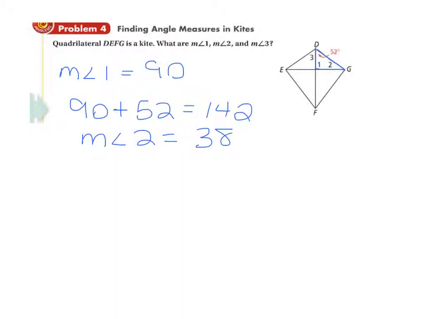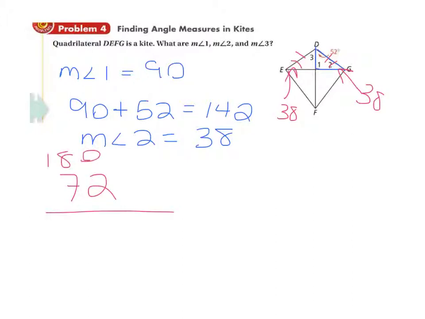Okay, so now we've got that. So we've got this is 38. Now one other thing you need to think about is if this is a kite, this is congruent to this. That means this angle is congruent to this angle. Okay, so if that angle is 38 and this angle is 38, now we've got 76. So that last angle has to be, let's subtract that from 180. So you got 104, and we already have 52 of it, so subtract another 52, and we end up